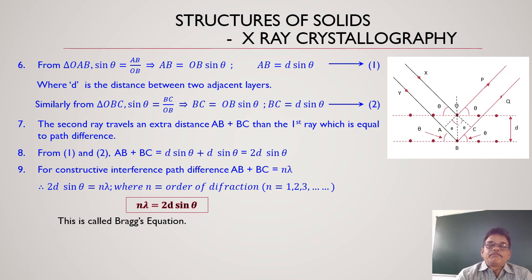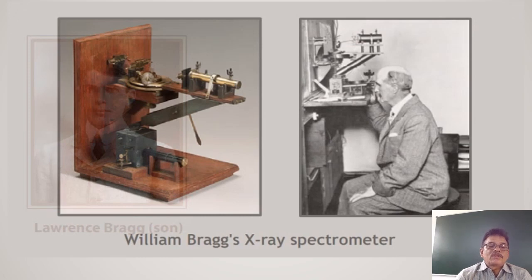Here we observed two properties of X-rays. They are bending of waves and superimposition of waves, that is diffraction and interference. So this is the derivation of Bragg's equation, which is an important concept, given for 4 marks in IPE several times. So you must practice the derivation of Bragg's equation, right? Next, we derived Bragg's equation.